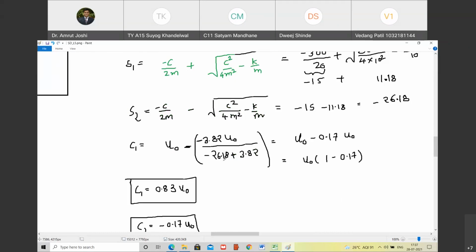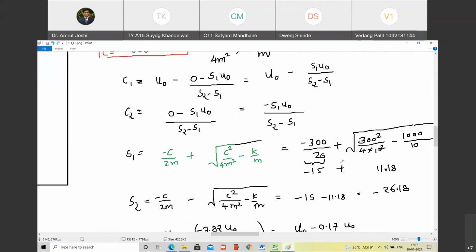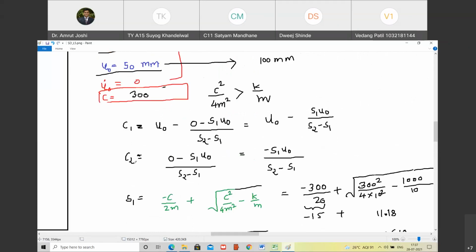And then we have a negative sign sitting here. Yes, sir. And here also we have a negative. Is something wrong here? How did we arrive, sir, at C2? Sir, I guess C1 should have been minus of minus, because the formula says U0 minus the entire of U0 dot minus S1 U0. It is minus of a big minus bracket, so here there should be a plus. Right, right. Yes, that's correct.